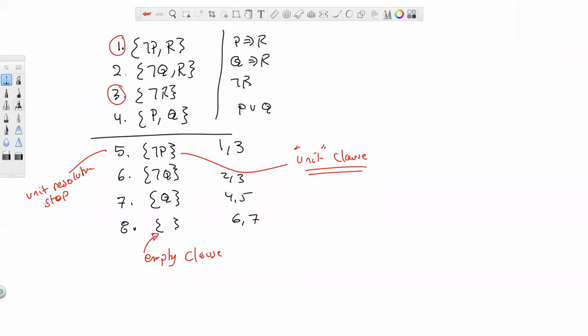And in fact, I think everything we did here was unit resolutions. If you look at 2 and 3, again, this is a binary clause. This is a unit clause, but still that step was unit resolution. The reason I wanted to emphasize this notion of a unit clause and unit resolution is because this is actually a big deal, as we will see in just a little bit. But let me quickly now go over